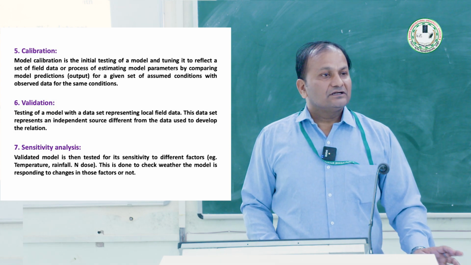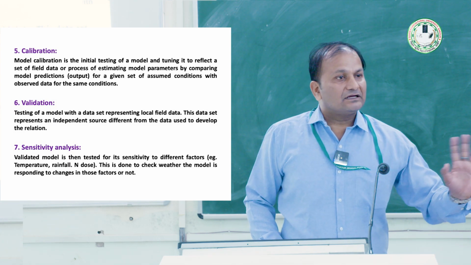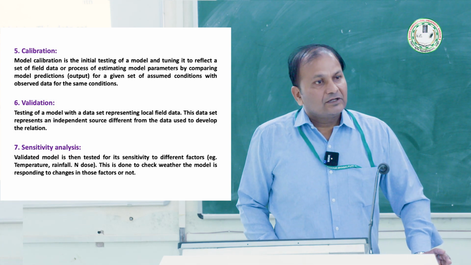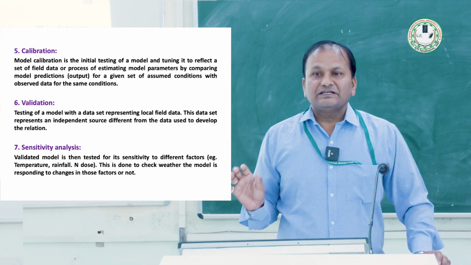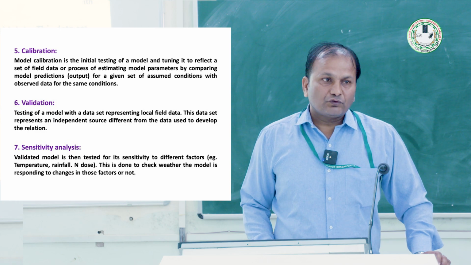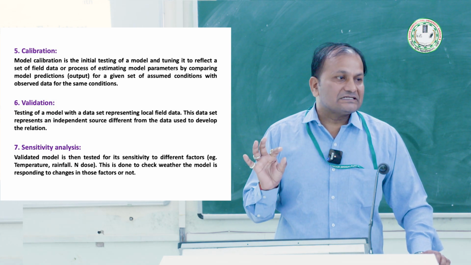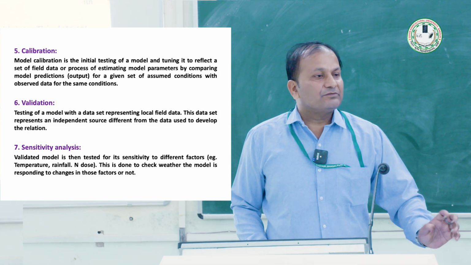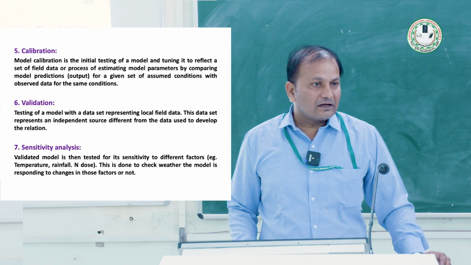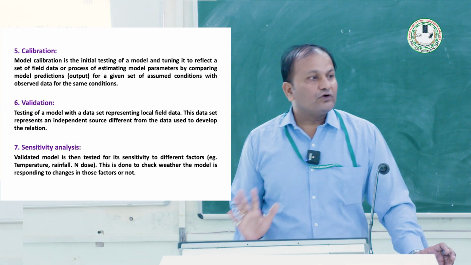So at last the same result may not come from the model and the real world, but some error may be there. So that error is decided by the model. We can only minimize that error. Some error is always there, maybe some human error, some model error, some observation error. So these types of errors are there. That is called validation.